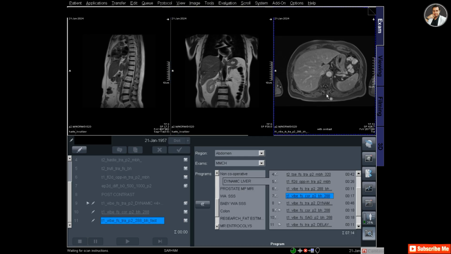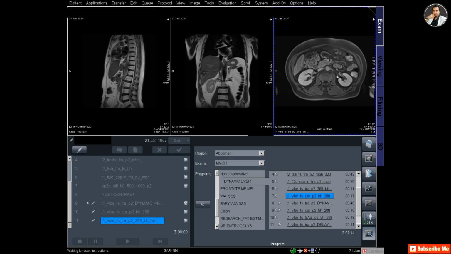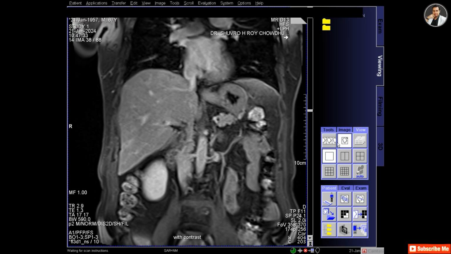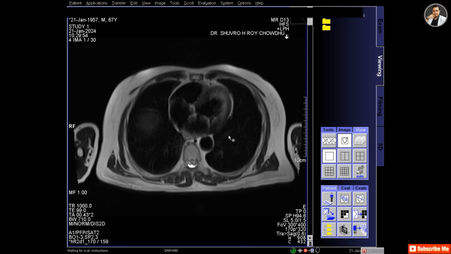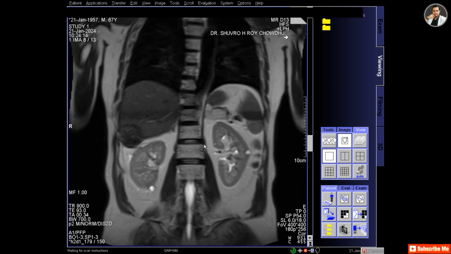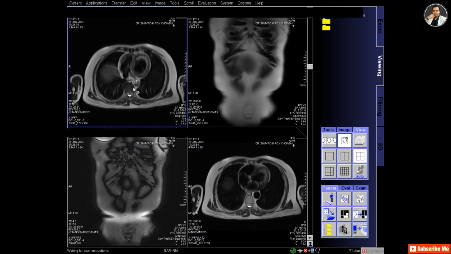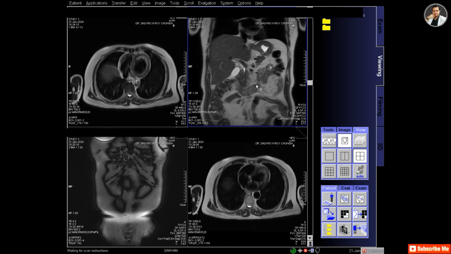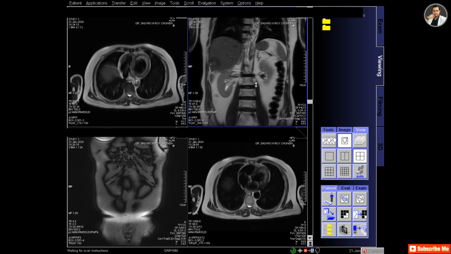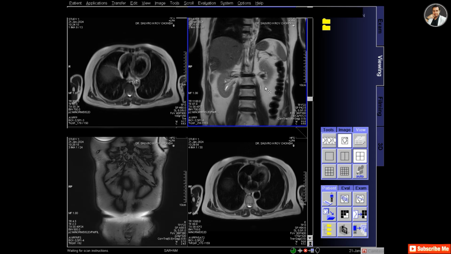It's completed. So there is a technique to push the contrast injection. In this case I have used 10 ml contrast followed by 10 ml normal saline. If you push normal saline after the contrast, you will get a proper contrast density in the liver and the aorta and also the portal vein, because some contrast remains in the veins and in the catheter. So you need to push all the contrast with the normal saline.